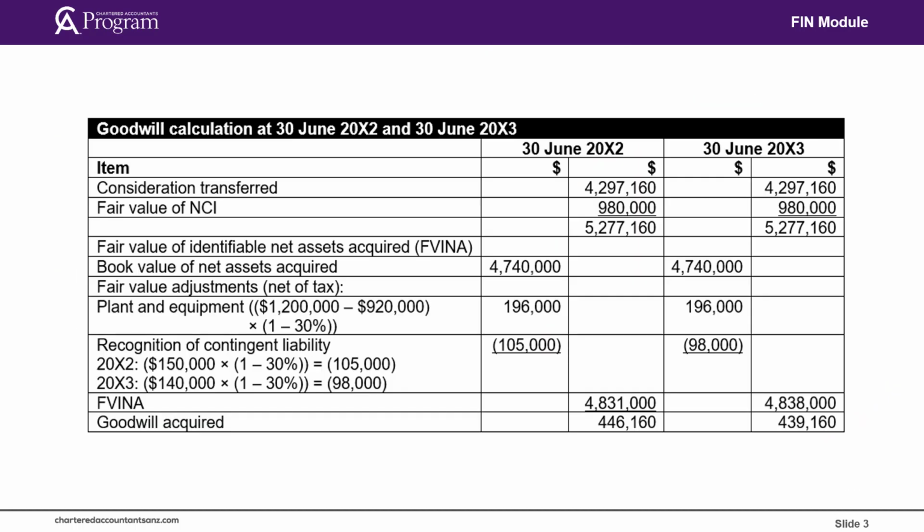Here we have the goodwill calculation at two dates: 30 June 20x2, when the first consolidated financial statements were prepared, and 30 June 20x3, which is the period that we are focusing on in this worked example. Take time to understand the goodwill calculation. It's not simply a calculation. The value of the goodwill will be included in our consolidation journal entries and will appear as an asset in the consolidated balance sheet. The consideration transferred is calculated in the activity as